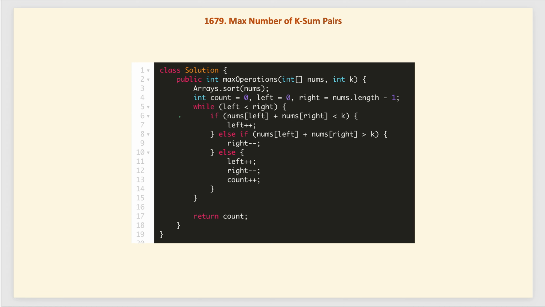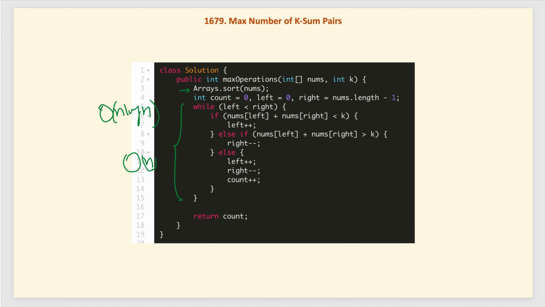Now the time complexity of this solution: the part inside the while loop will run only O of n steps max, while we are doing sorting, and this part will be dominant. The sorting will take O of n log n. So the time complexity of this solution will be O of n log n, and the space complexity, as we are just using constant space, is constant.